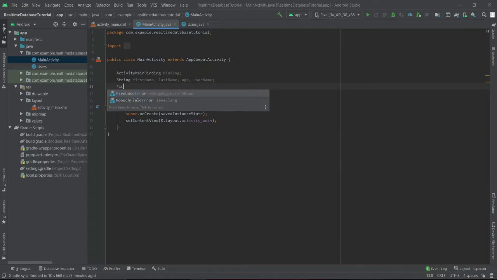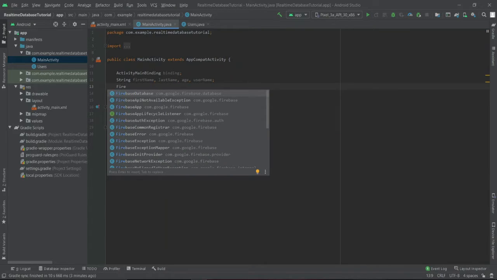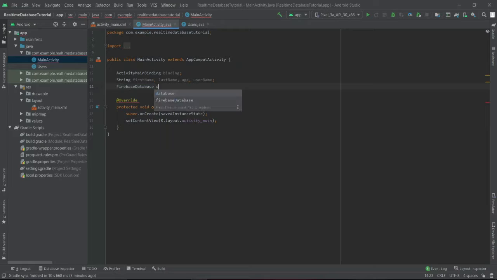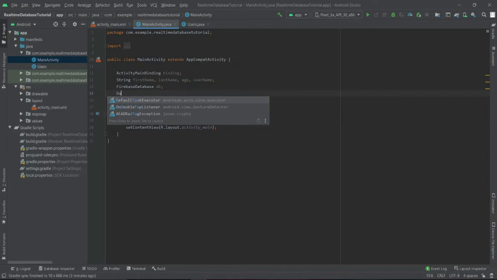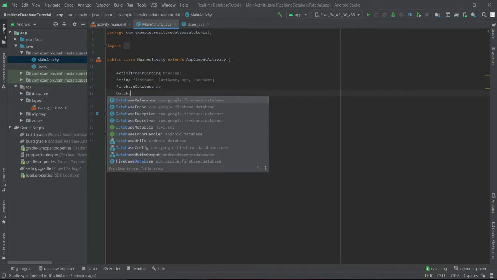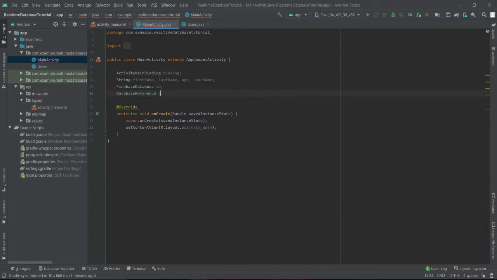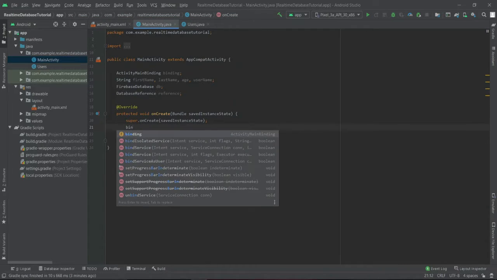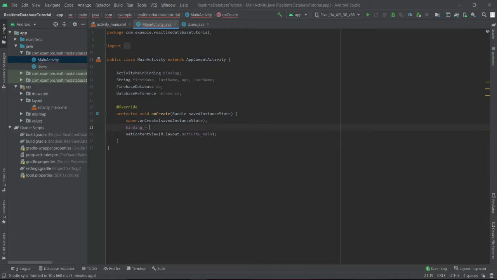And now I will make the reference variable for Firebase database. Just name it as DB. Name it as reference only. We'll make an object of the binding class.